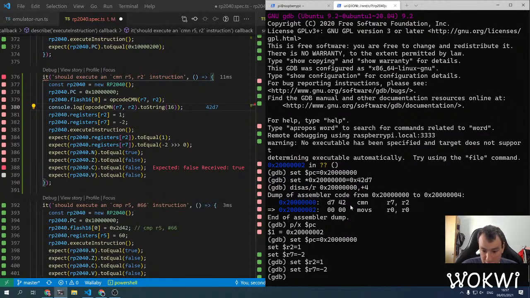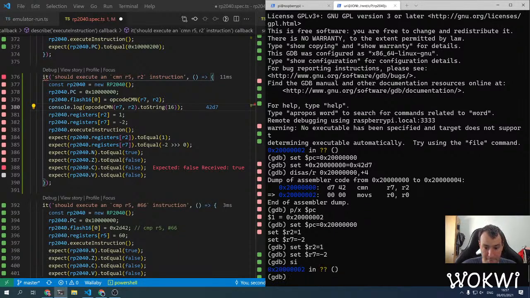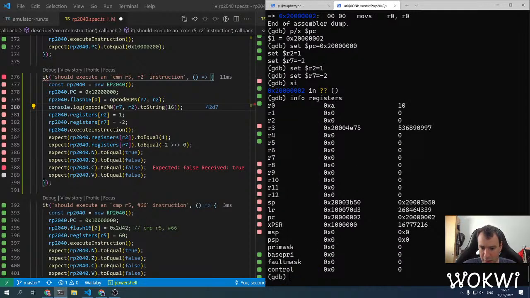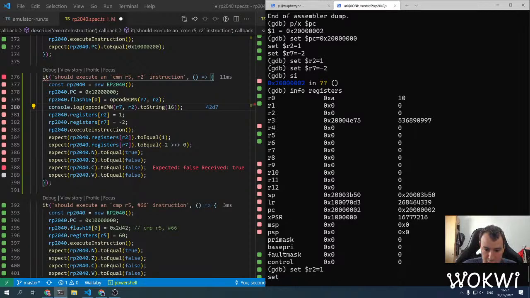Okay, let's try to run a single instruction, I guess. And now we should have, after executing this instruction, and let's print the flags. Yeah, you can see that, no, R2 and R7 weren't updated. Or let's try that again. R2 equals 1, set R7 equals